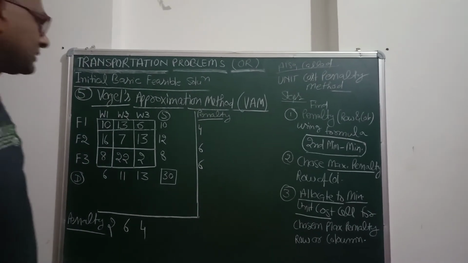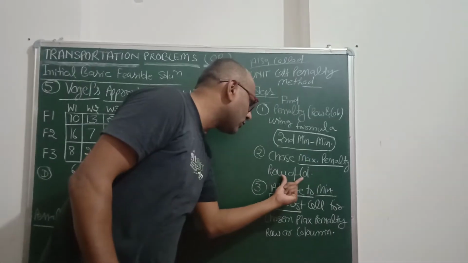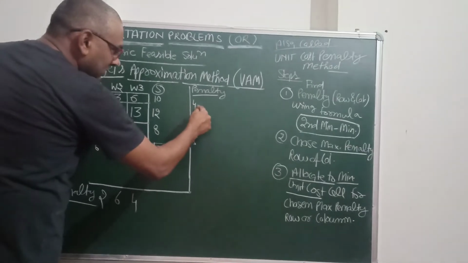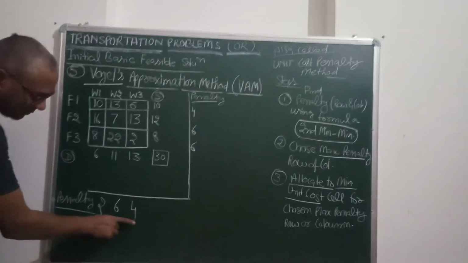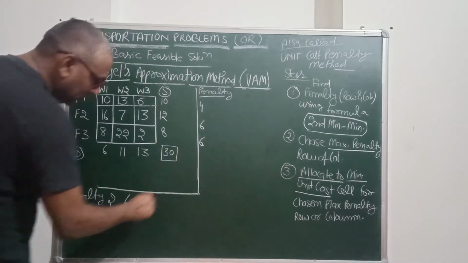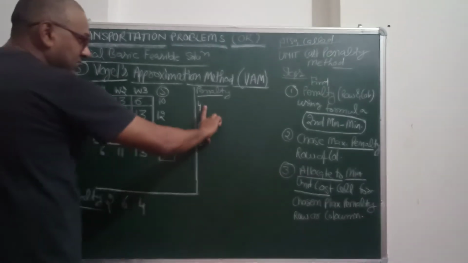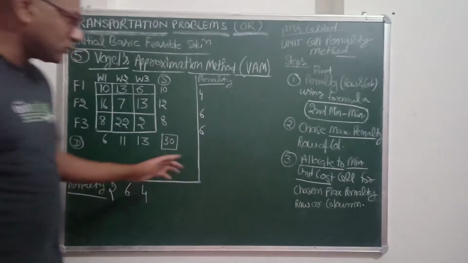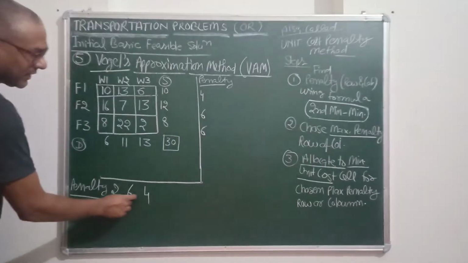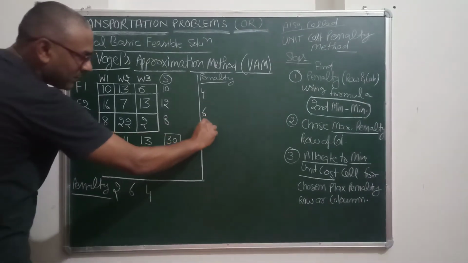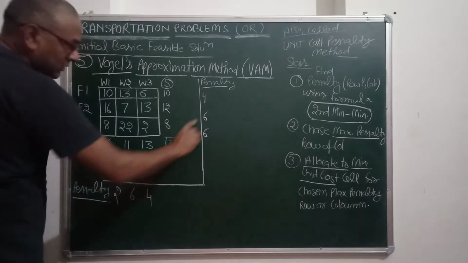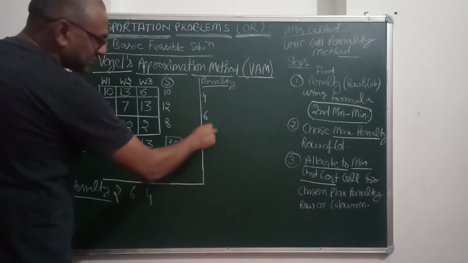Now the second step is choose the maximum penalty from the row or the column. So we have to choose the maximum value from these rows and columns, taking them all in combination. Okay, so we have 6 values here, 1 2 3 4 5 6, or we can say that we are having 6 penalties here. Now in the second step we have to choose the maximum penalty, but in this case the maximum penalty is 6 and it has been repeated. Okay, 1 2 and 3. So maximum penalty is 6 but it has been repeated.